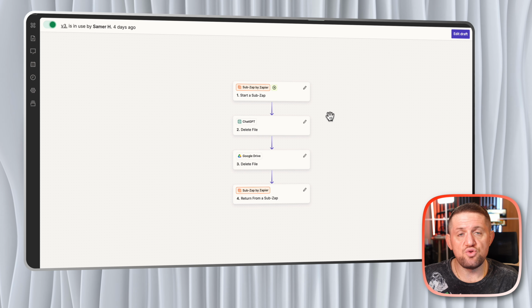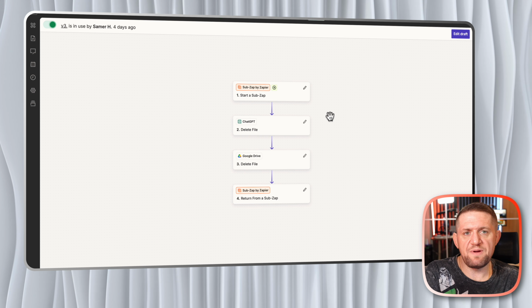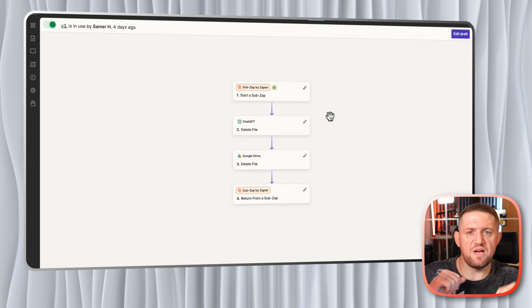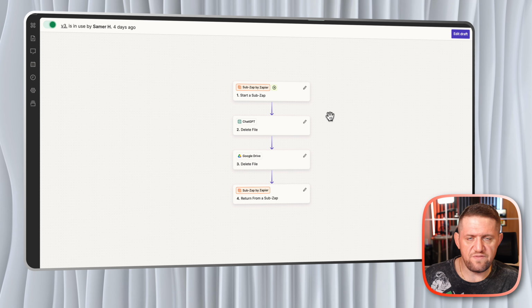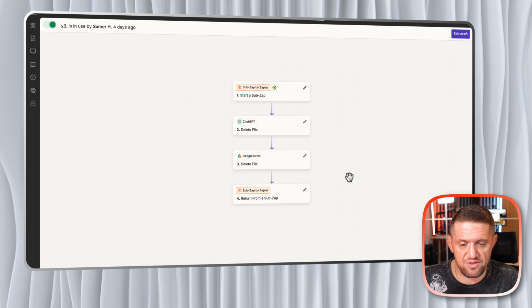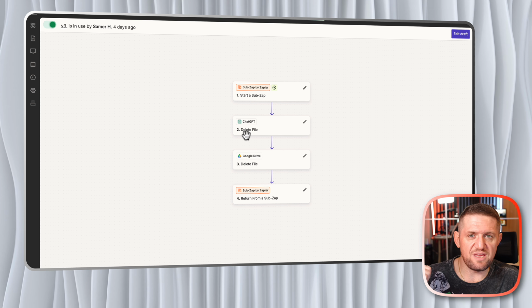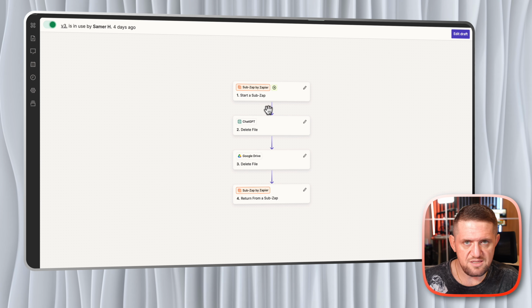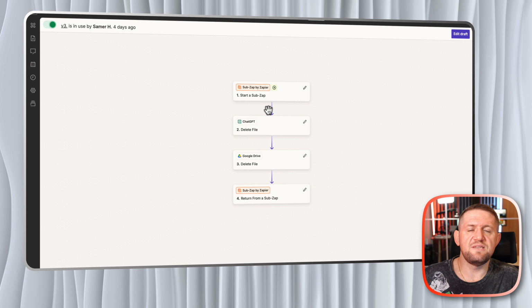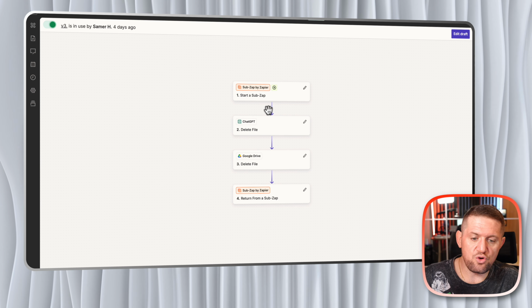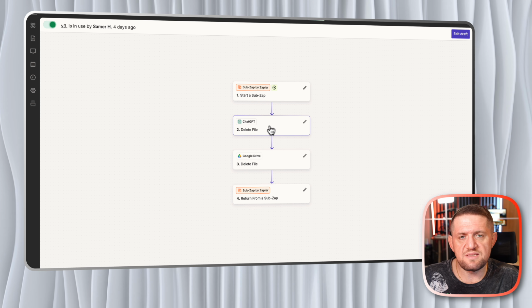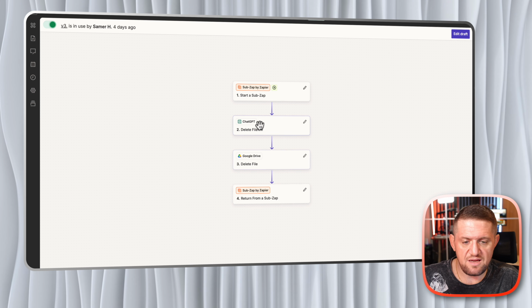So what I do once all that automation happens, I get my information and create the post, or the blog post, or whatever it is I'm doing. Then I run this, which basically takes the output that I created in the first one, the two IDs, the ChatGPT file ID and the Google Drive file ID, and I simply do a delete function for each